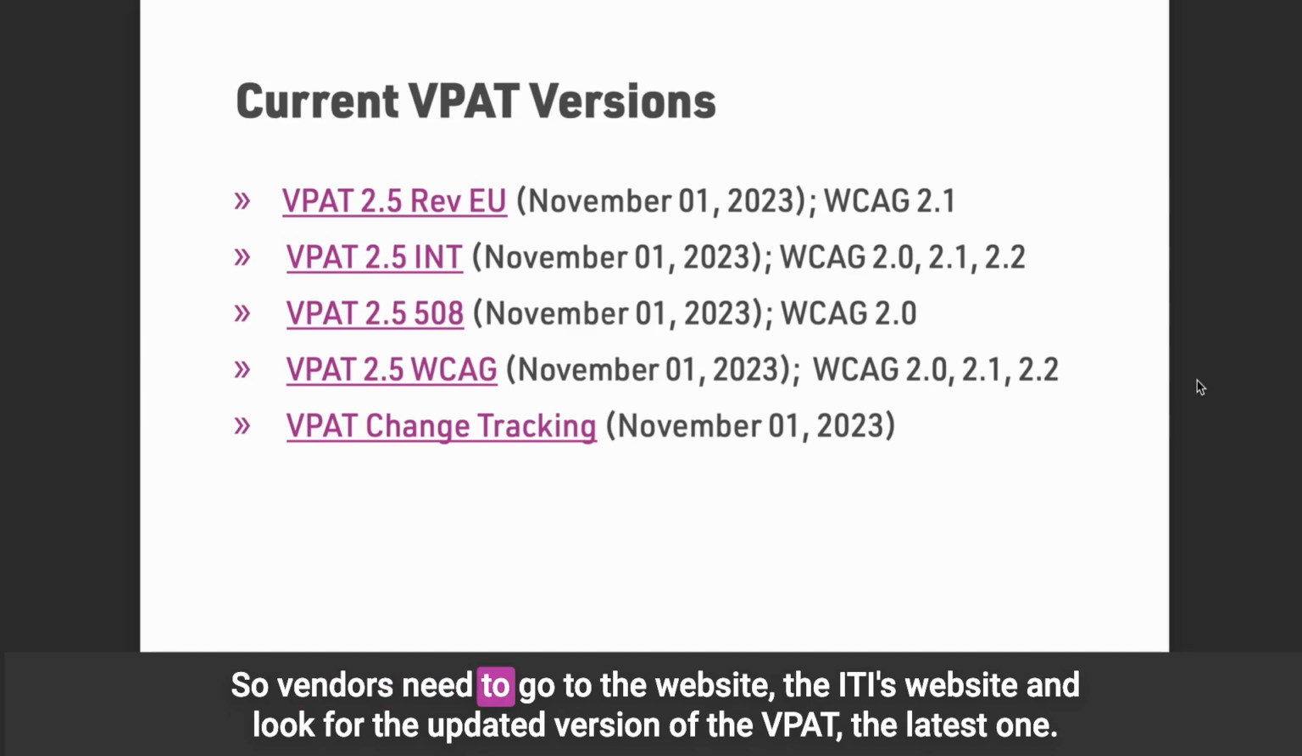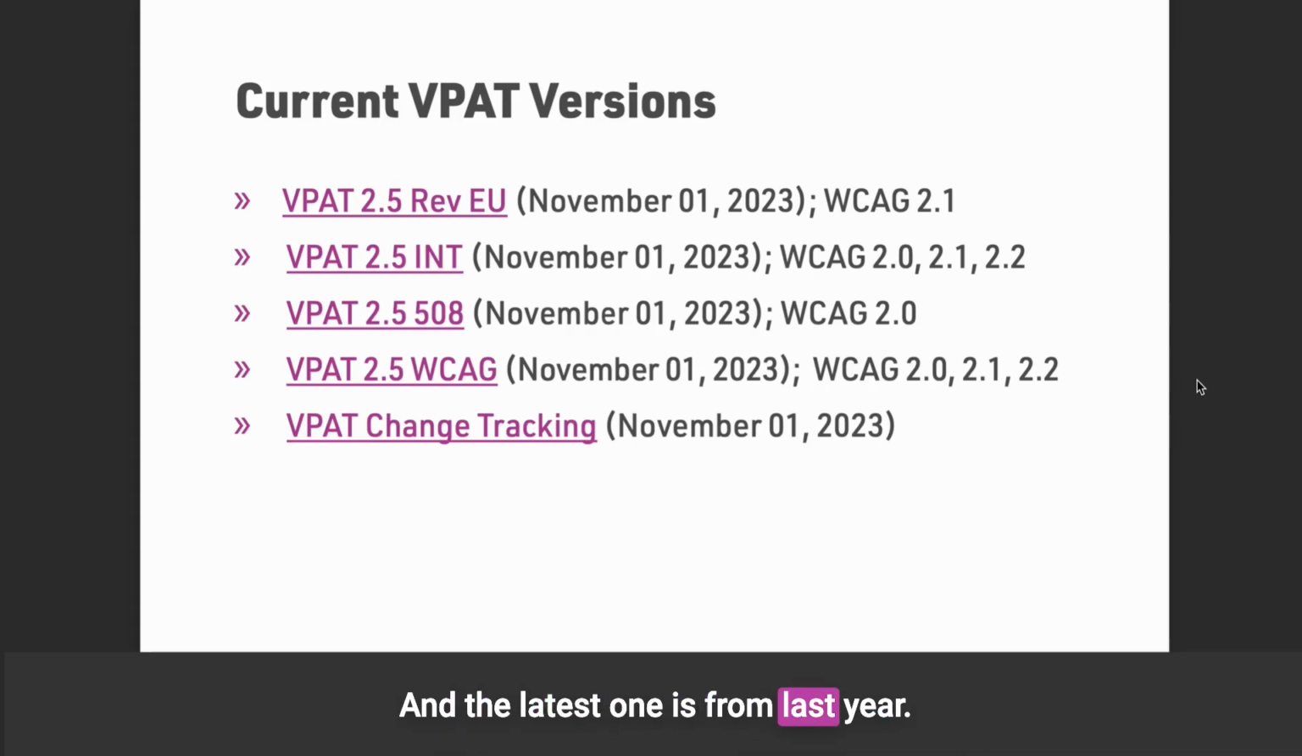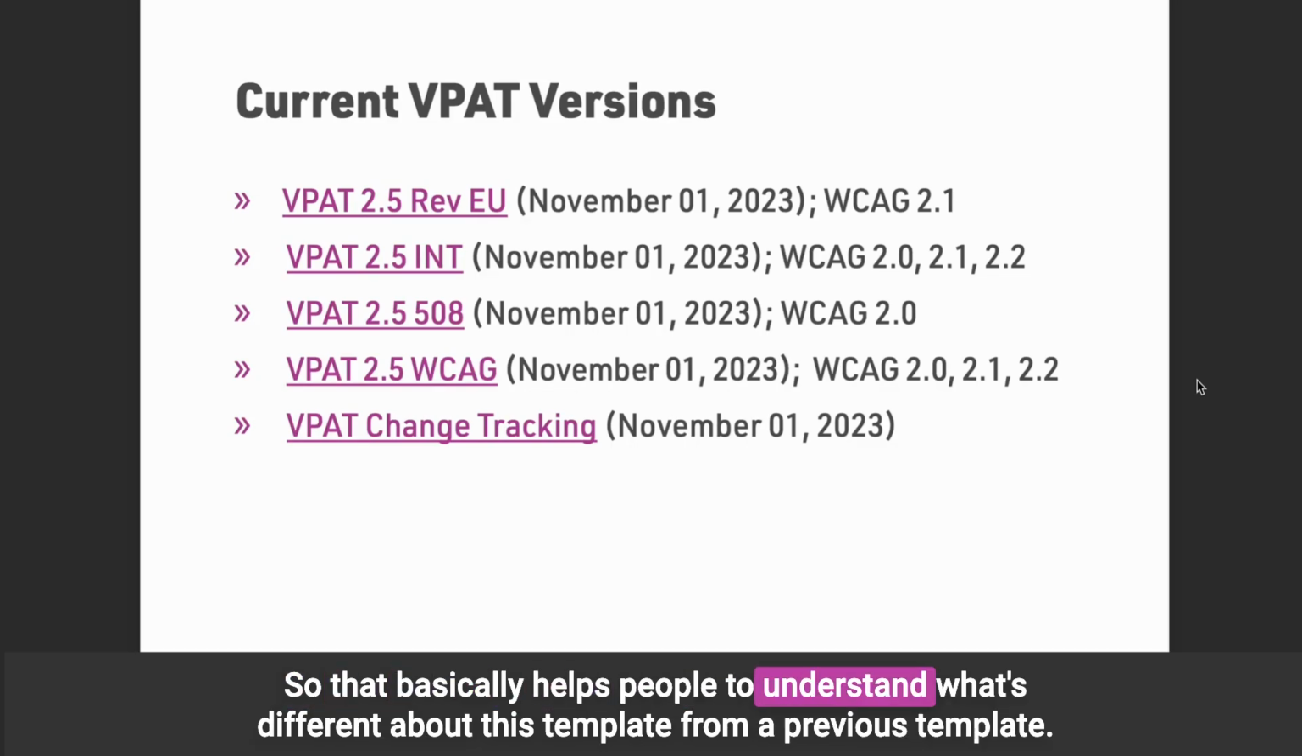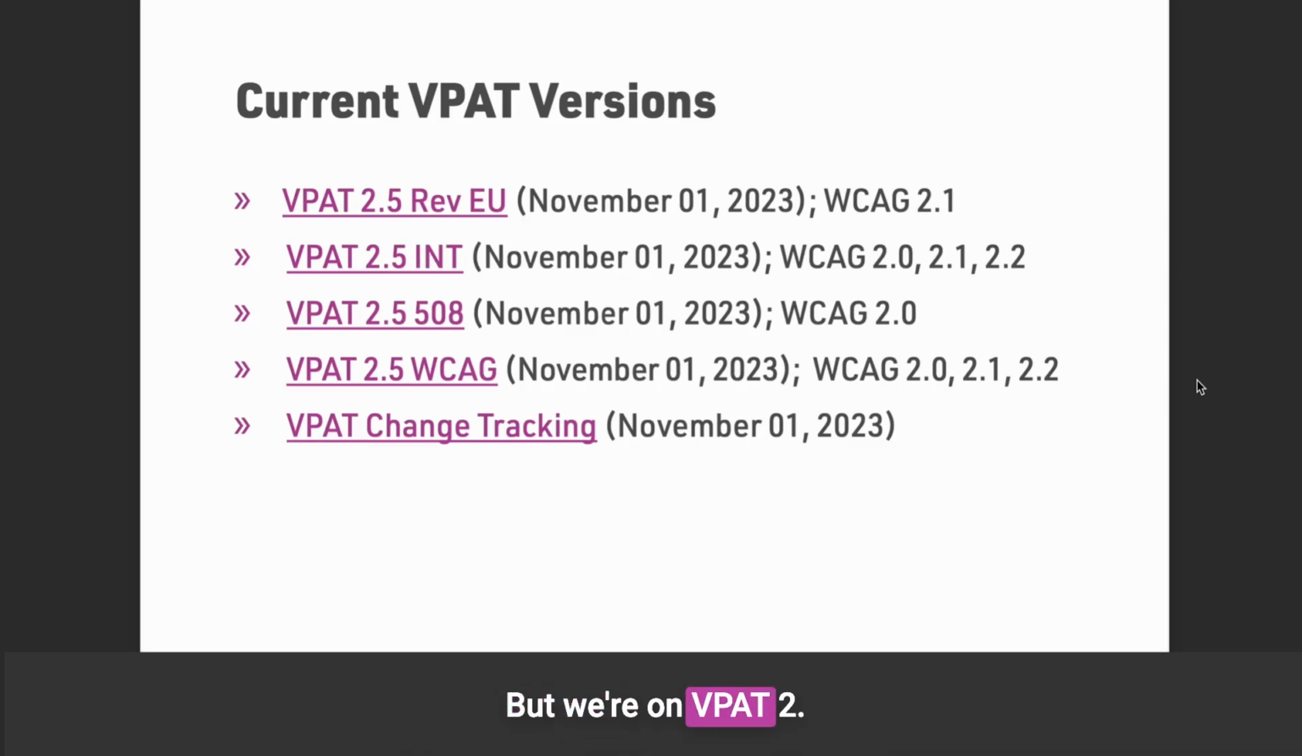So vendors need to go to the ITI's website and look for the updated version of the VPAT, the latest one. And the latest one is from last year, so November 1st, 2023, and they have on their site 5 different documents. One of them is a change tracking document, so that basically helps people to understand what's different about this template from a previous template. But we're on VPAT 2.5, and there's an EU version,